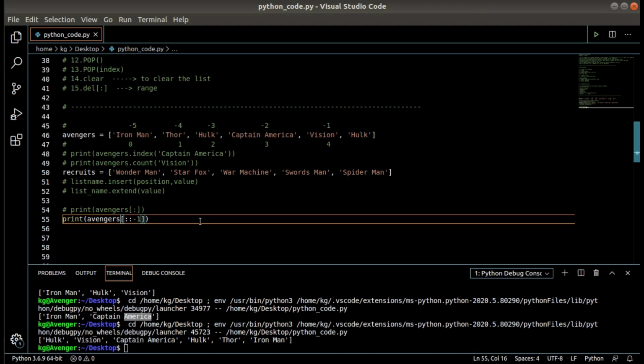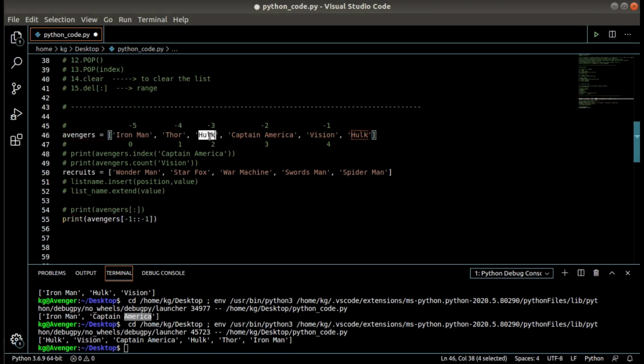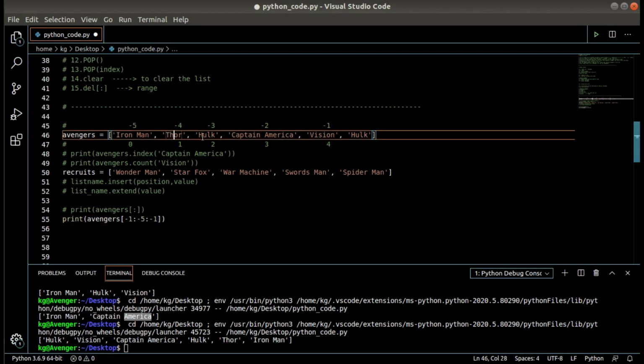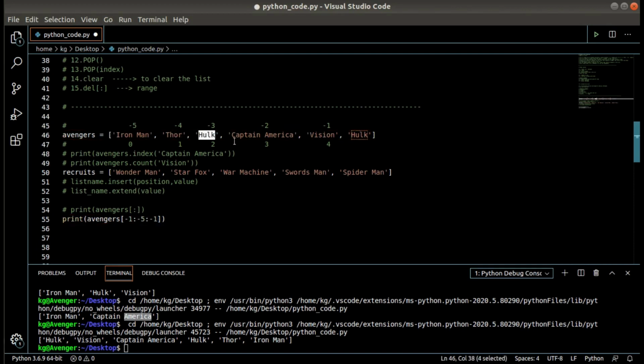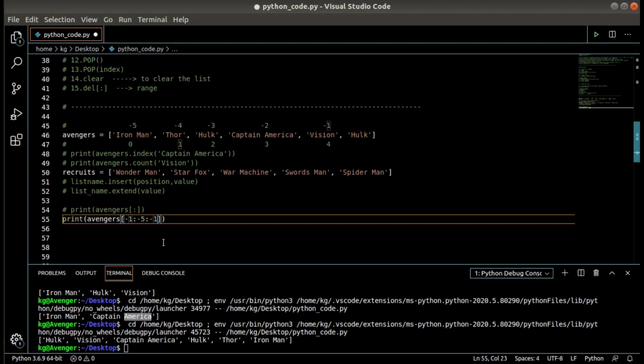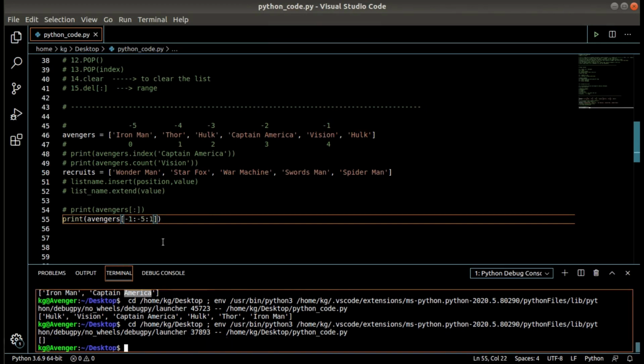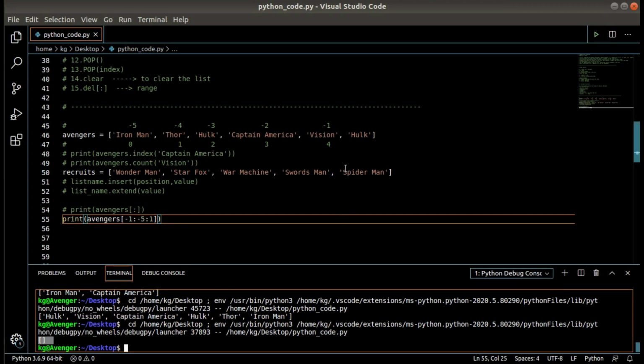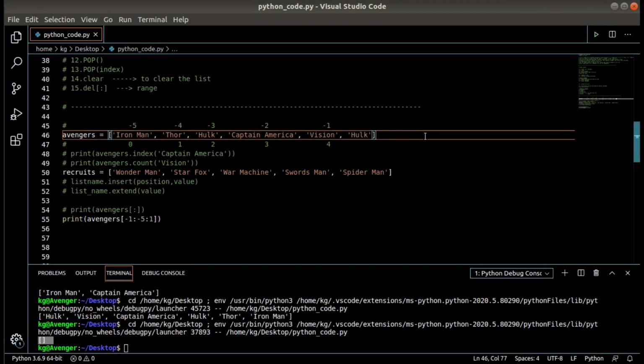So if I am writing -1, I want to include -4, that is why I will have to write -5 over here. -5, that is Thor is excluded and Hulk is included. -1, -2, -3, -4. So if I am writing 1 over here, that is step of 1, it will throw an error. Let me check. Okay, it is returning an empty list, and there is nothing on this side of the list, so no element has been returned.